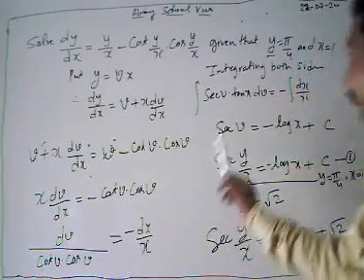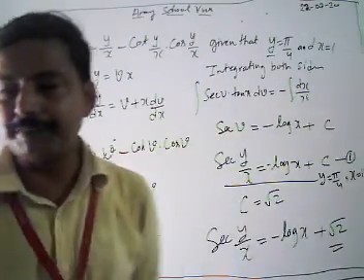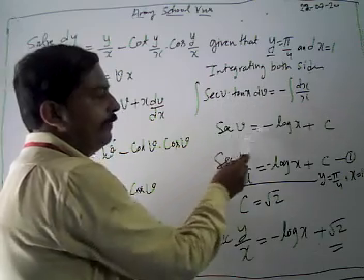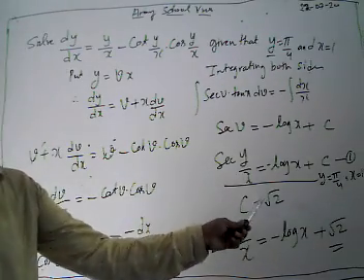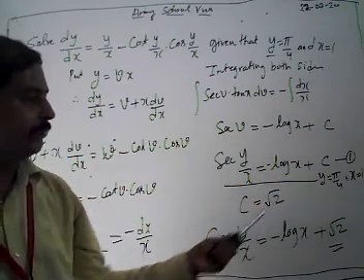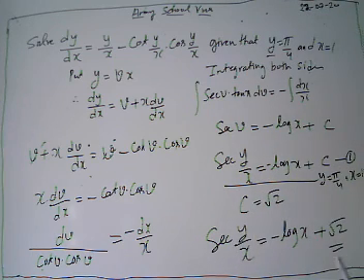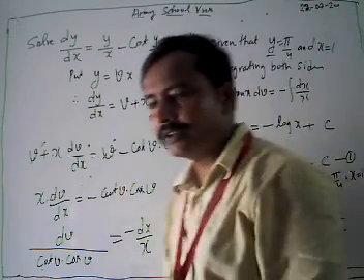After separating variables, we have integration of sec v into tan v dv equal to minus integration of dx by x. Then taking integration of both sides, we get sec v equal to minus log x plus c. Then in place of v we put y by x. Then our solution is sec y by x equal to minus log x plus c. Then we put the condition y equal to pi by 4 and x equal to 1, and we get our required result. The value of c is root 2. Then we get sec y by x equal to minus log x plus root 2.